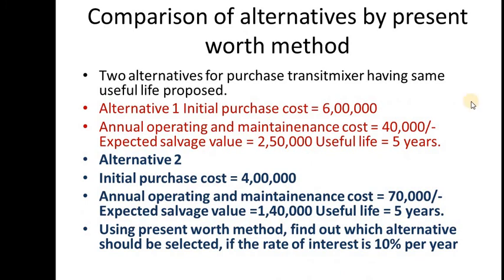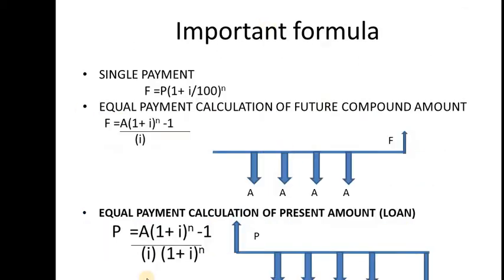Okay, so fine. For 40,000 I understood what formula I have to use. Next is salvage value. Salvage value is what? Future value only, no? Salvage value means after 5 years I'll get this amount. But presently how much will I get? How do we identify this formula? Out of these three formulas, the exactly equal amount is a single payment only, right? 2,50,000 is a single payment. Then what formula do I have to choose? This formula I have to choose. So a single payment F is given, 2,50,000. How do we calculate the present value? Fine, we'll go to the problem and see it in detail.